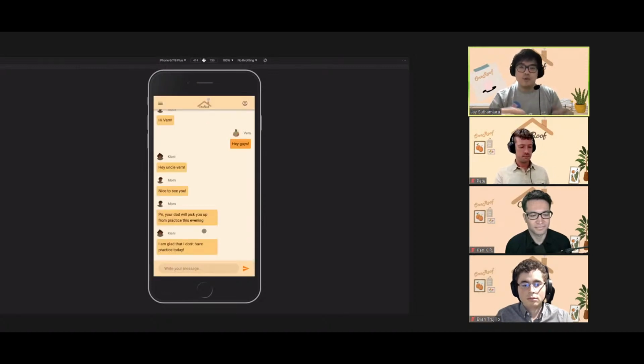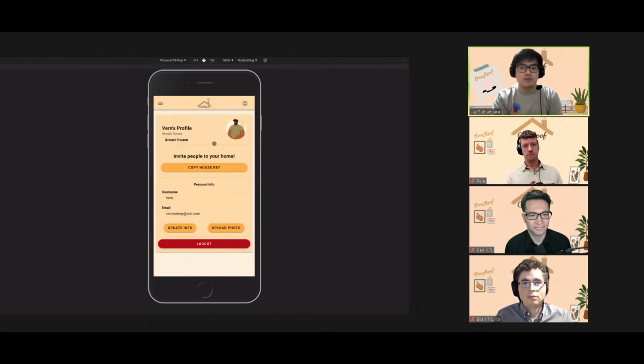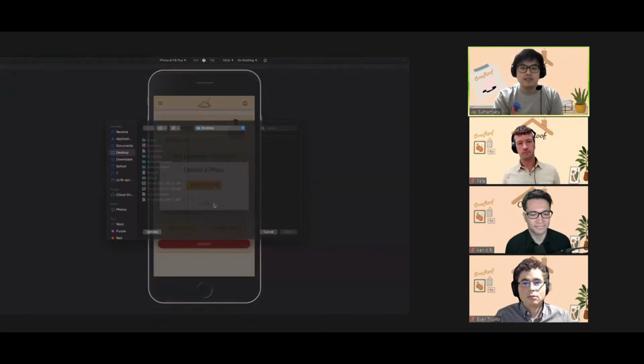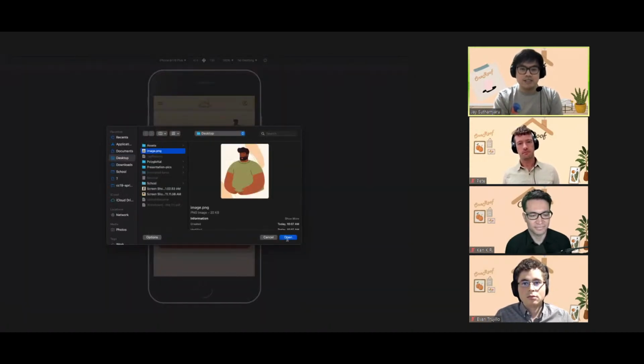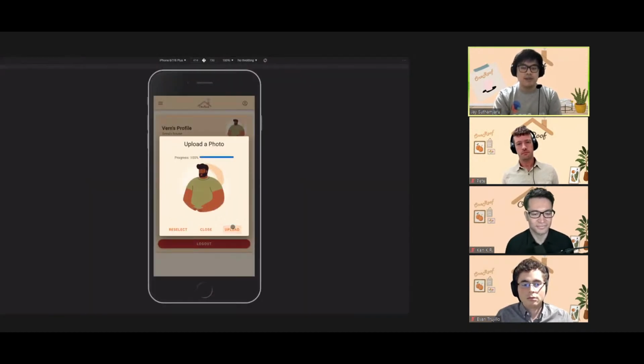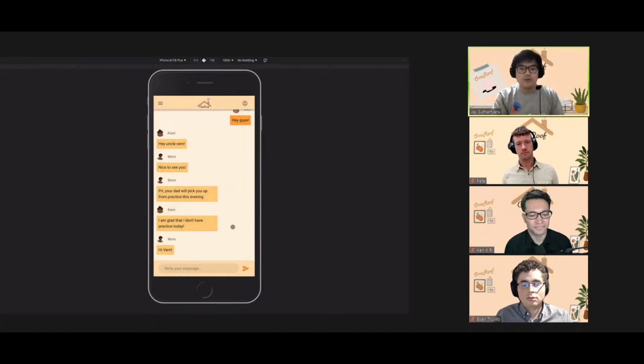So when first you log in, you will go to this living room area or the group chat, and you can see everyone's talking to each other on our app. And if you first register, you might want to head up here on the top right to go to the profile page and upload a photo of yourself. Just that added personalization. Let's say here, for example, here's a little preview. You can press upload and you're ready to go. And of course, you can just keep chatting. Let's say, hey guys,